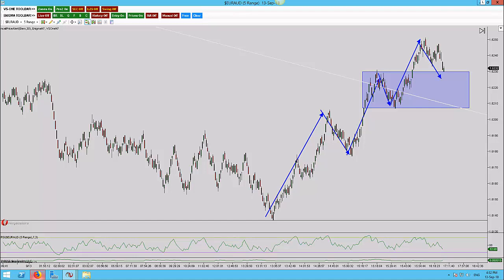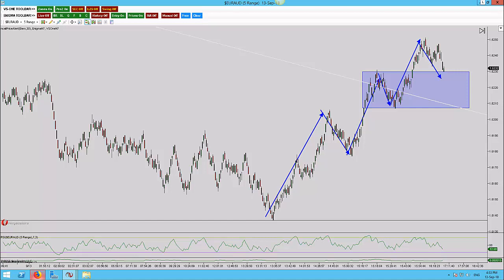We're here on the Euro Aussie 5 range, and as you can see, we're actually in trend on the Euro Aussie, and a lot of it was thanks to the news day that we've had today. The time now is nearly 5 o'clock. All the news is finished for the day. However, the trend has appeared here on the Euro Aussie, and it's hopefully going to allow me to get an